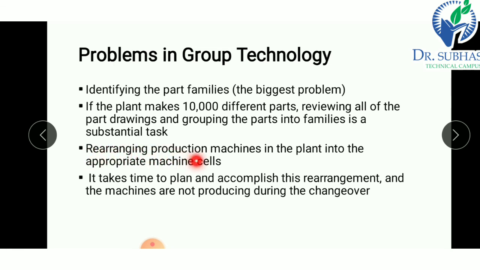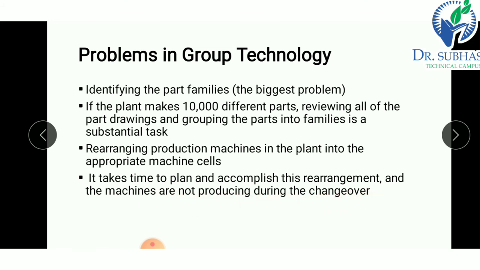Another is arranging production machines in the plant into the appropriate machine cells. After forming a part family, we have to rearrange all the machines in a manufacturing cell. This rearrangement of all machines is also a very difficult task. It takes time to plan and accomplish this arrangement, and the machines are not producing during the changeover.